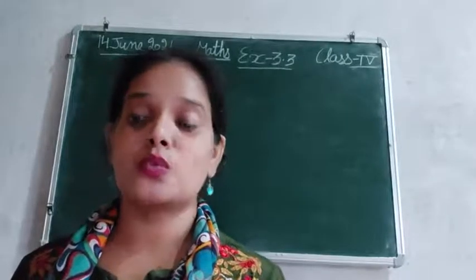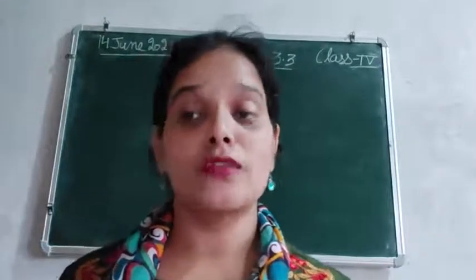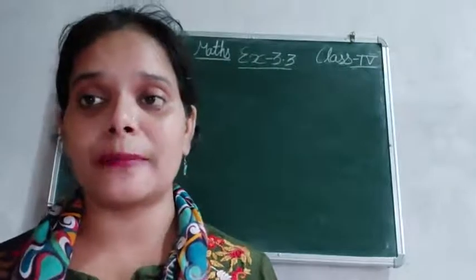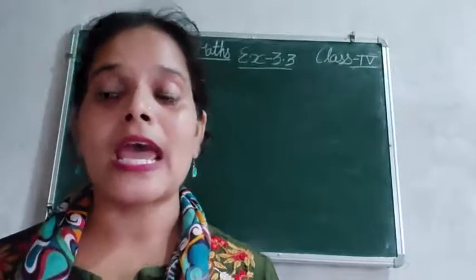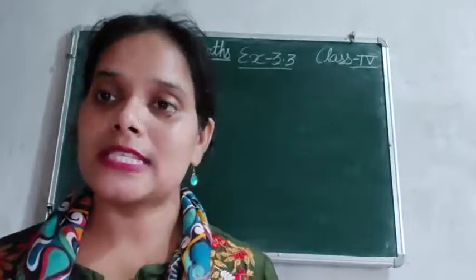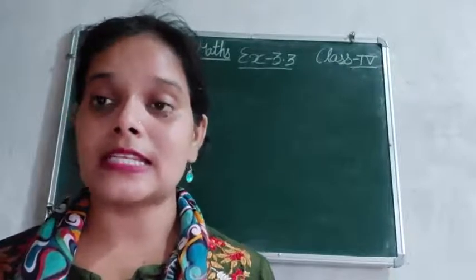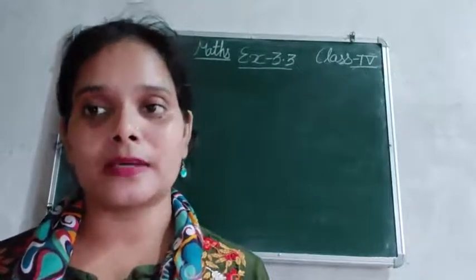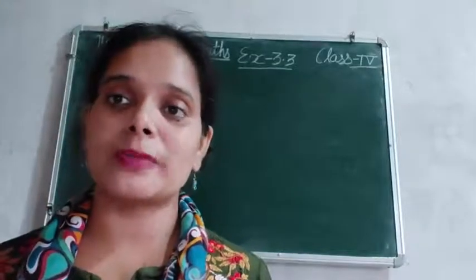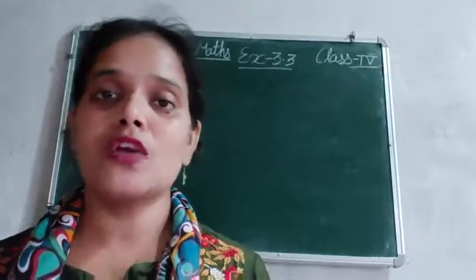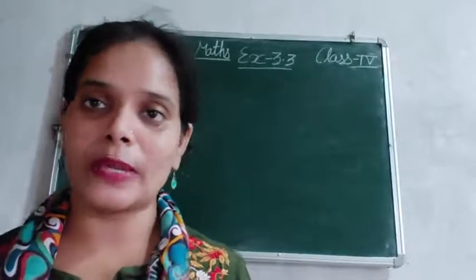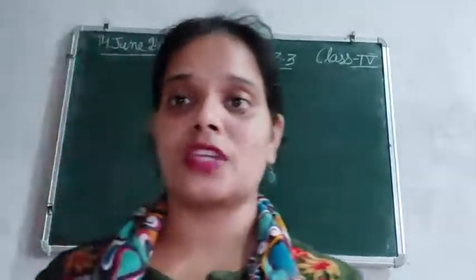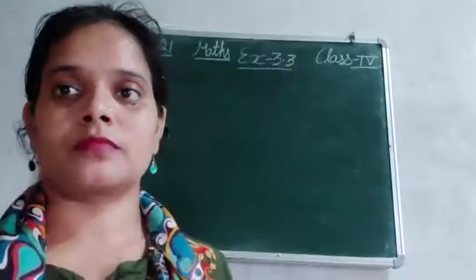So in this we need to round off the given numbers to the nearest 10,000 and then we need to find their sum as well. इसके साथ साथ estimation के साथ साथ we need to find the actual and estimated sum. Just like question number 3, we will follow the same method. So let's begin with question number 4.